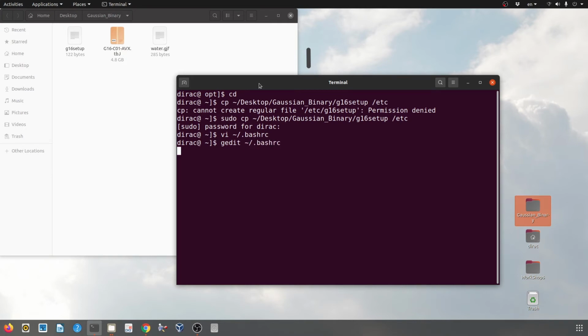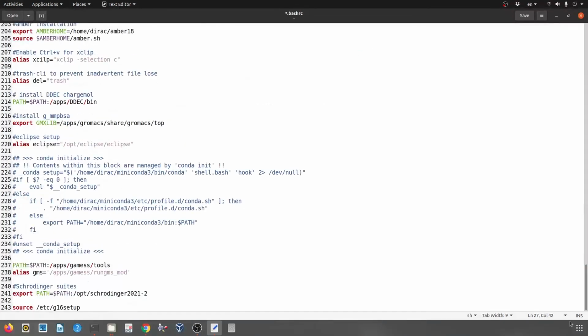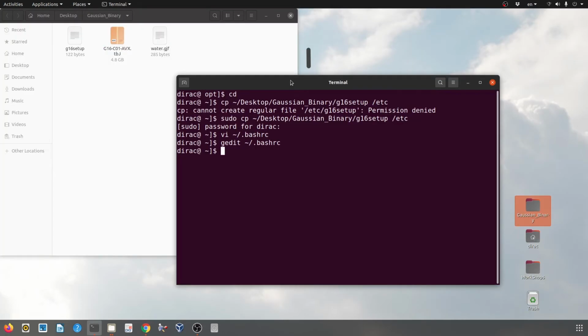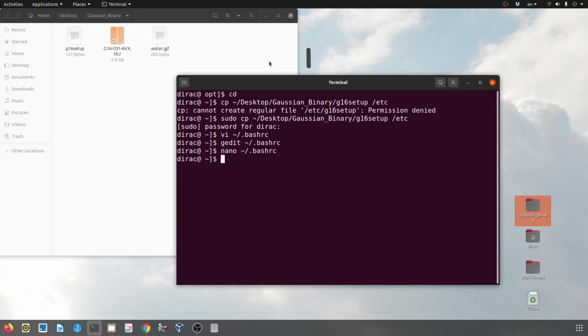Open bashrc, go to the end of the file, add this line and save the file, and everything is the same. And if you don't have any graphical user interface, you can use the nano text editor as well. After editing the file we need to close the terminal window and open it again.